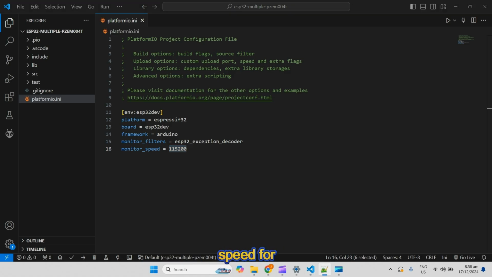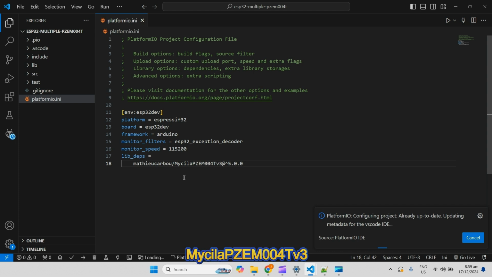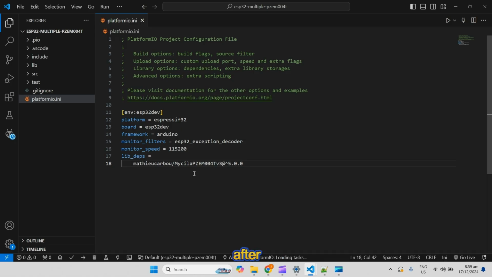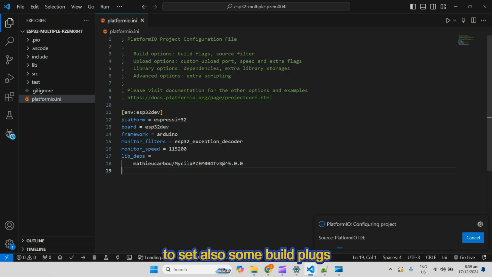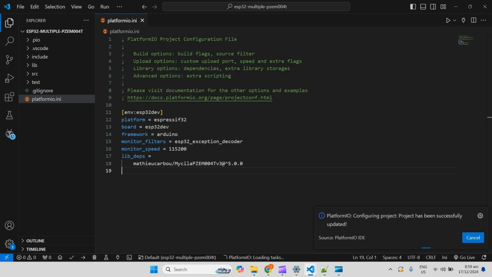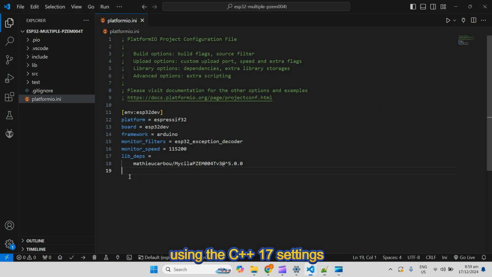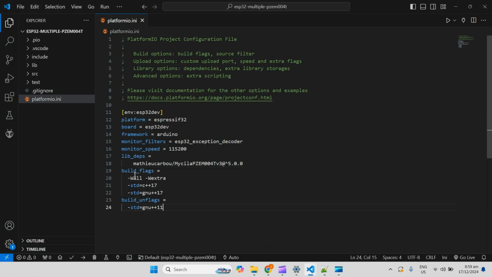For the dependency, we also need to add the library PZEM004T version 3. Next, after we have set the library dependency, we need to set some build flags so that we will build this using the C++17 settings.